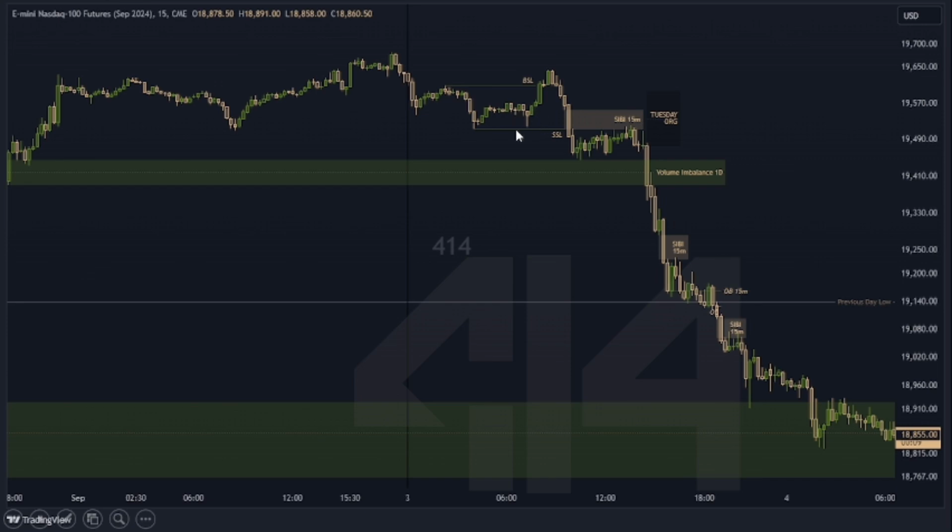So sell stops, people that went buy right here, traded below it, came back into this 15 minutes CB, and then the market started dropping. That candle right there is 1430, the opening bell